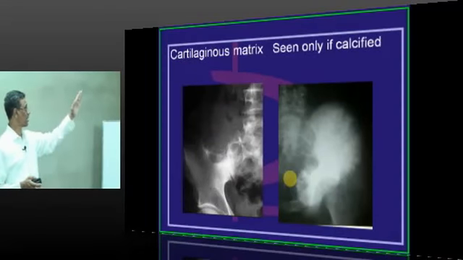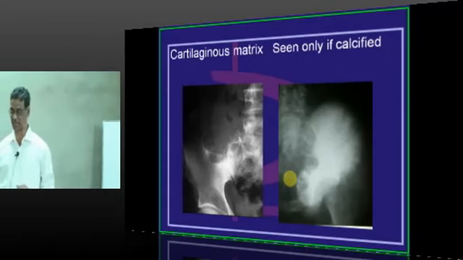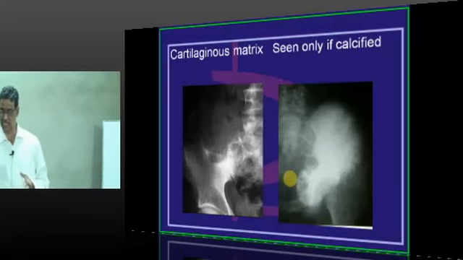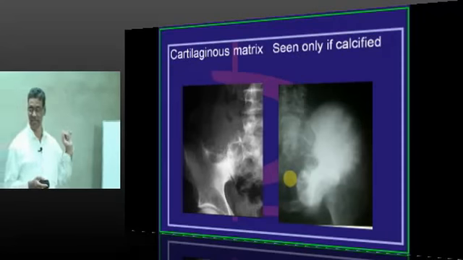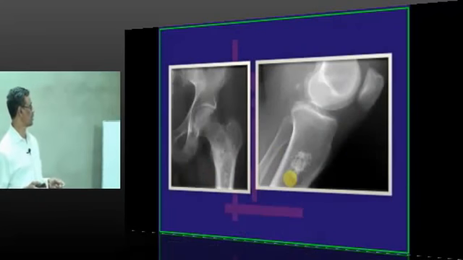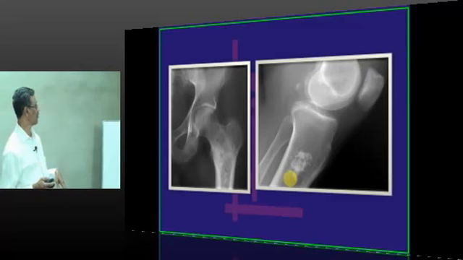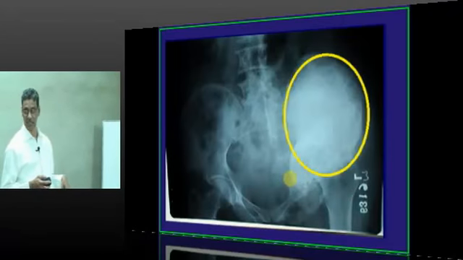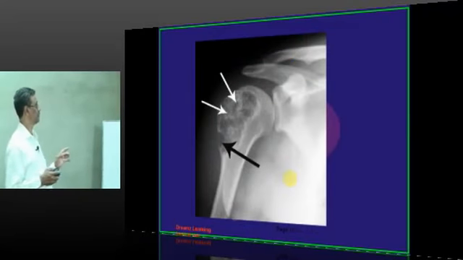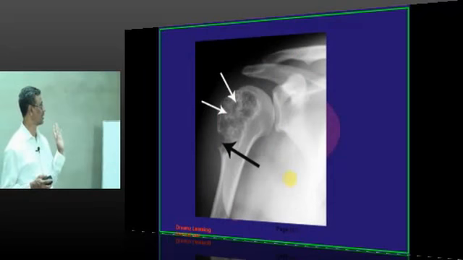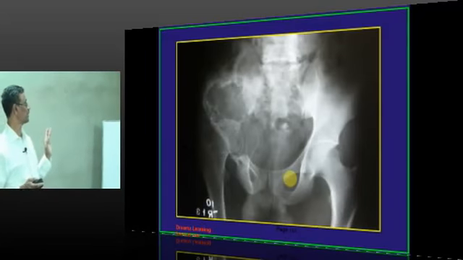So the tumor may not always be visible. The tumor may be visible clinically, but because it is a cartilaginous tumor, you may see the outlines but never see the actual picture of the tumor unless it is calcified. So that is about one or two more pictures of this. Let's see this one. That is typically presented in the pelvic girdle. And this is presented in the head of this bone. Again, you can see you are not clearly seeing the tumor.